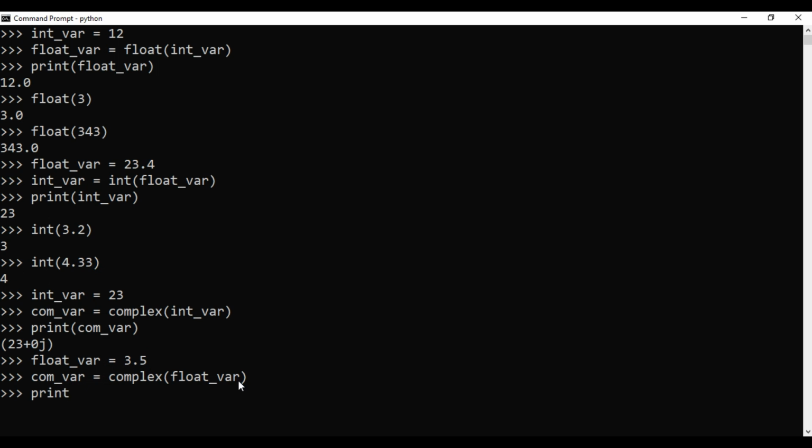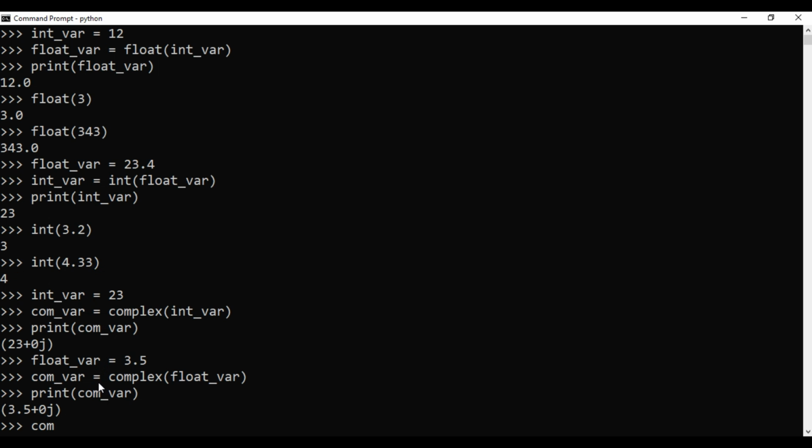Now we will see what is inside this com underscore var, and you will see 3.5 plus 0j. So this is the way you can convert any float or integer into a complex number.